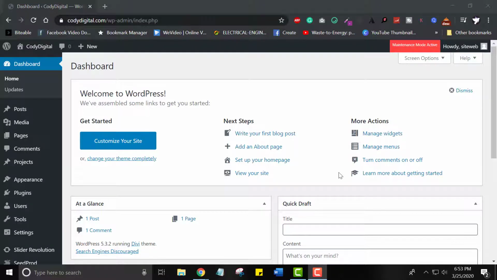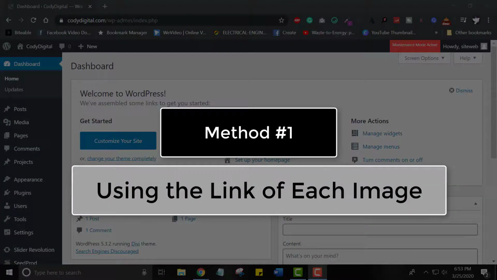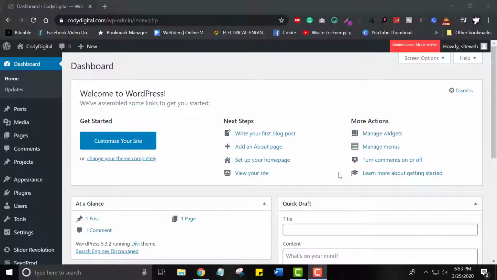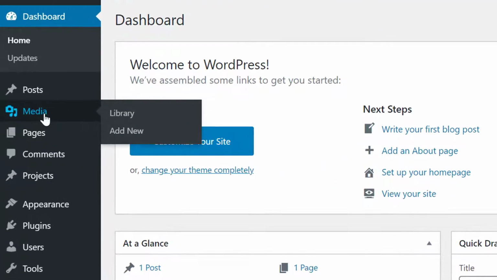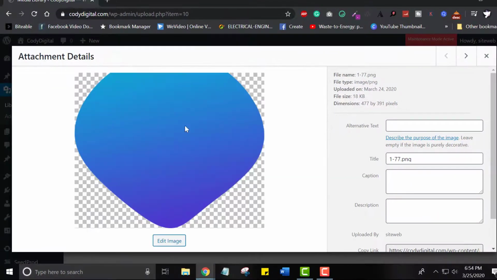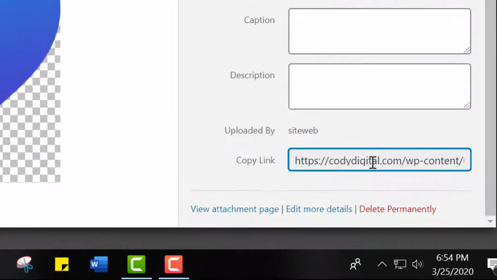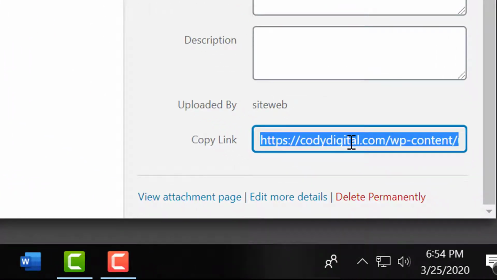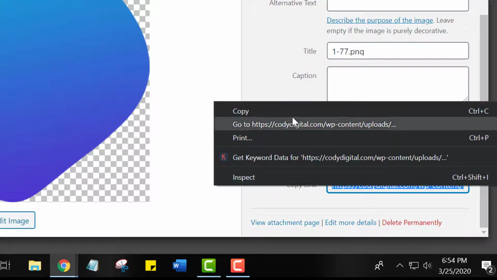Our first method is by using the link of the image to download it without losing any pixel or transparency. Okay, let's start it. Log into your WordPress dashboard and click on the media menu. Select the image which you want to download. You can see the link of the image. Copy this link,